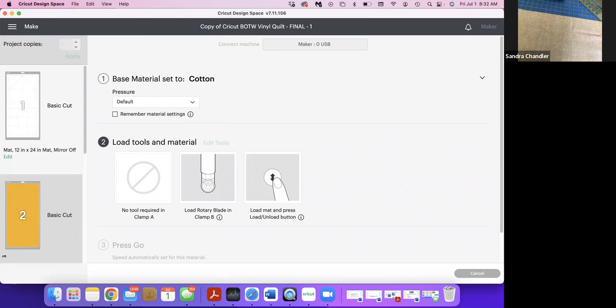And I'm measuring the 24. Now, what I'm going to do,